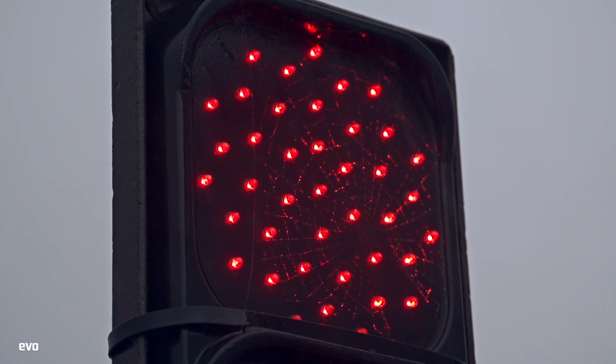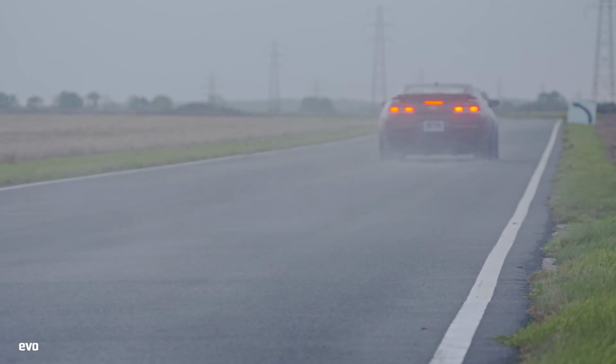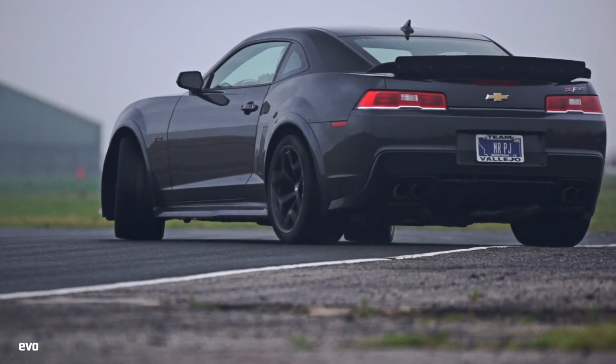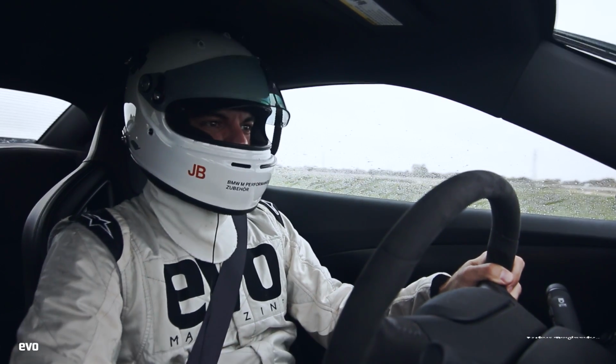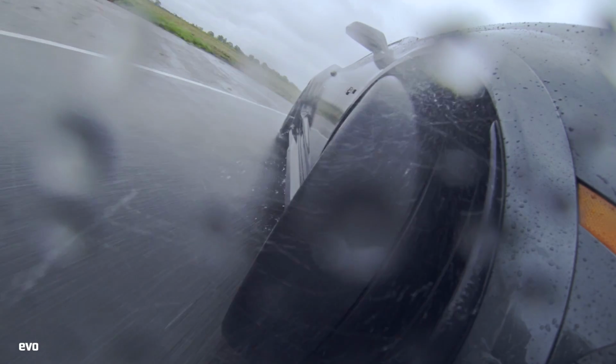We start in the most British of weather, but the most American of cars. I wonder if the engineers ever tried its 305 section front tyres, yes, front tyres, in these conditions during its development. Okay, so here we are in the very American, very mad,